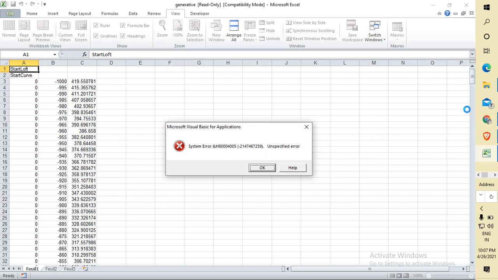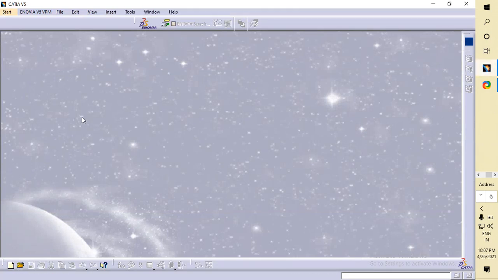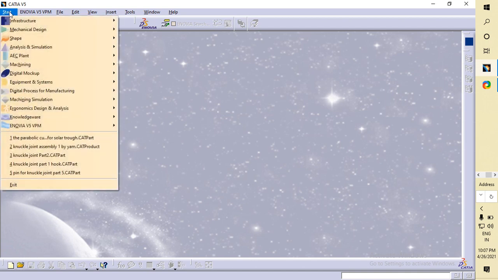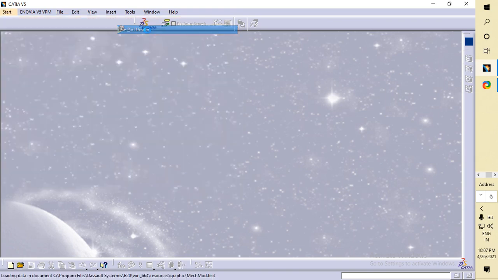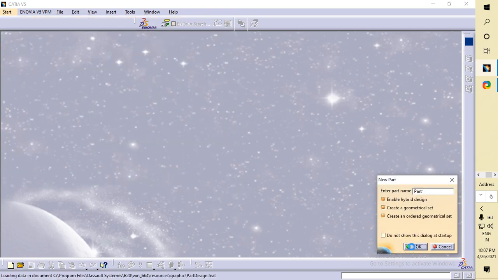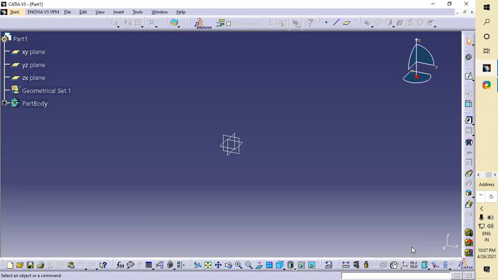It means you have to know that in your CATIA you did not open any interface. So first of all go to Start, then Mechanical Design, and Part Design. Press OK. Now after enabling it, again you have to go here.